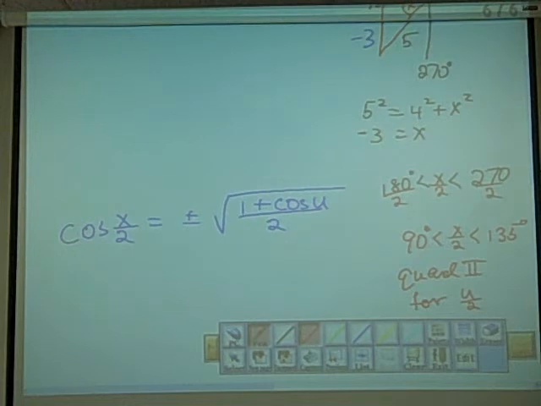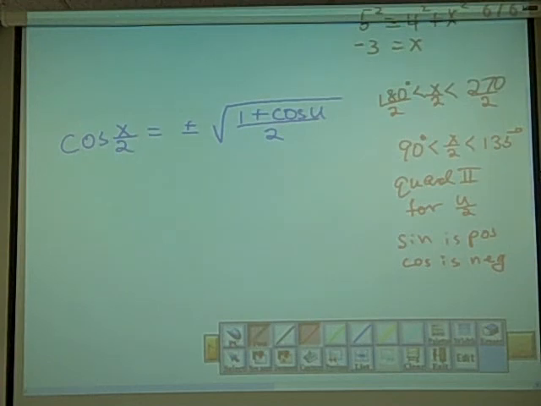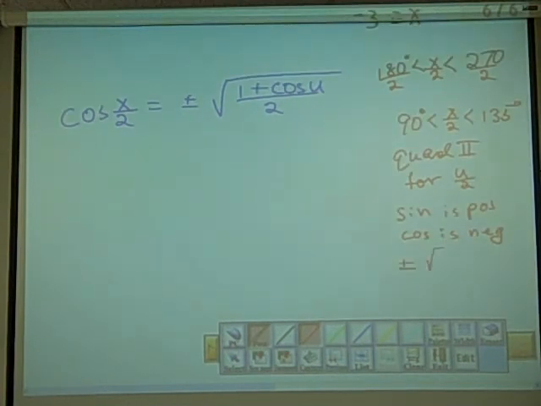Okay? And x over 2 in quadrant 2, we know that sine is positive. And so for quadrant 2, sine is positive, and cosine is negative. So in that plus or minus square root of whatever it is for sine or cosine, that means for sine, in this case we're using